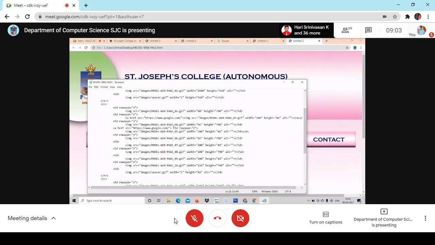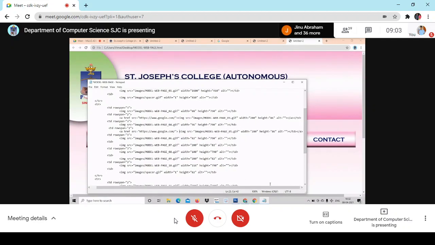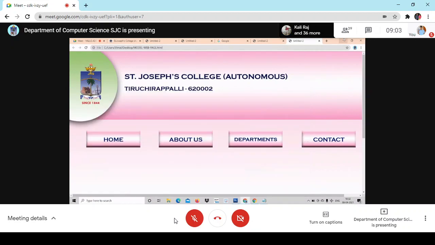See, there are minute changes that have to be done. I have to place this hyperreference here. I have cut it and placed it here, and I have to give this here. Yeah, see, I've got it. The link has been generated. For department, it has not been generated.